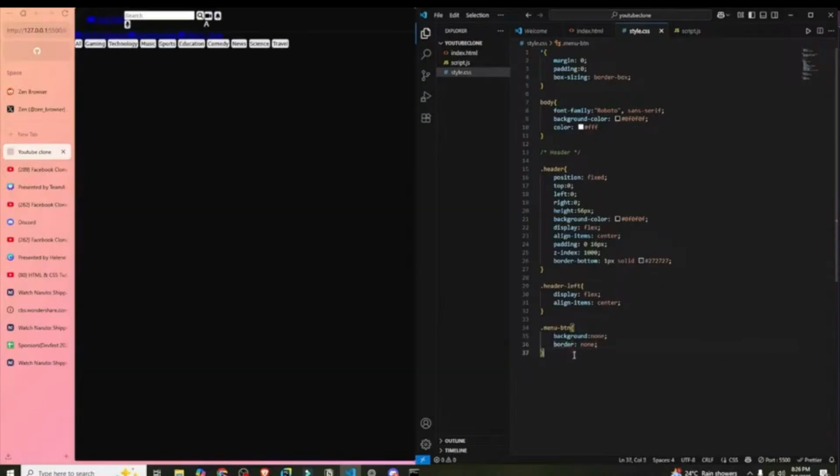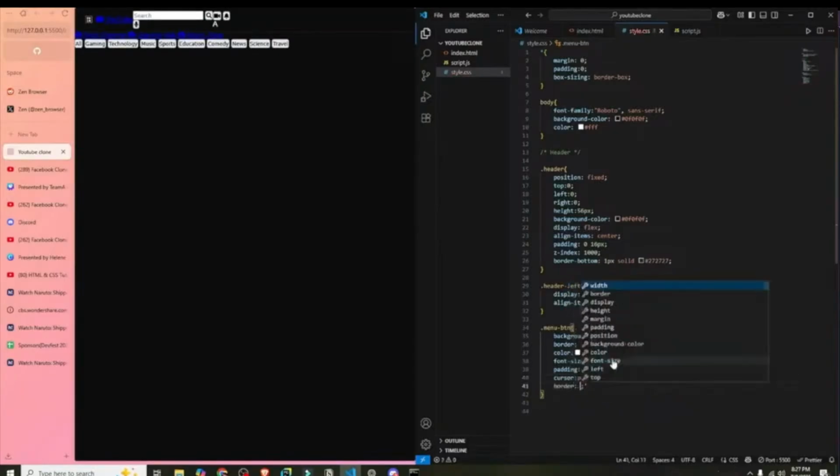Okay, border none, and after menu button, oh no, we are not done with our menu button. I'm sorry. Okay, we'll keep the color to FFF once again, and then after our color, we'll keep a font size to 18 pixels. A semicolon right here. Font size 18 pixels, and after that we'll keep a padding of 8 pixels. After padding, we will put our cursor to pointer. So cursor, pointer,